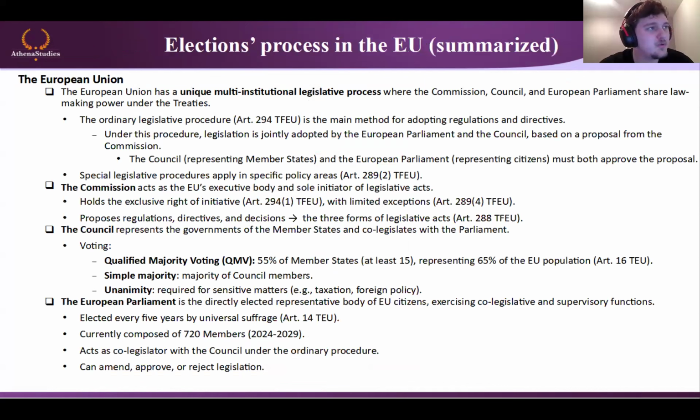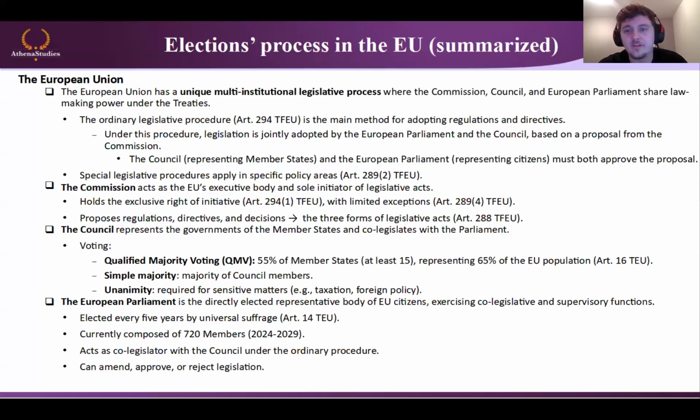Alrighty, then we are going to go through the EU very quickly, then we will have a 10-minute break, I promise, and then we will do. First before the break, I'm sorry, I have to show you the comparative table. I'm way too excited about it. Okay, so first the EU. It has a unique